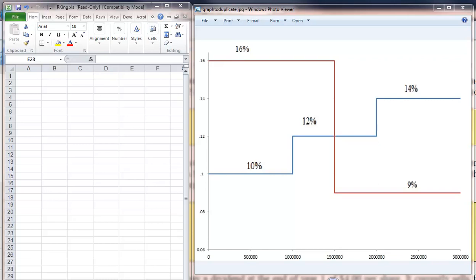Several people have asked me to demonstrate how to trick Excel into doing a multi-part function. So I thought I would just take a simple model like this, where we have a marginal cost of capital superimposed over an investment opportunity schedule, like you might have to do in a case or in homework assignments. If you have to present, you definitely want your graph to look professional, and Excel does a pretty good job of that. This is a drawn graph in a paint program, and we're going to kind of duplicate this result